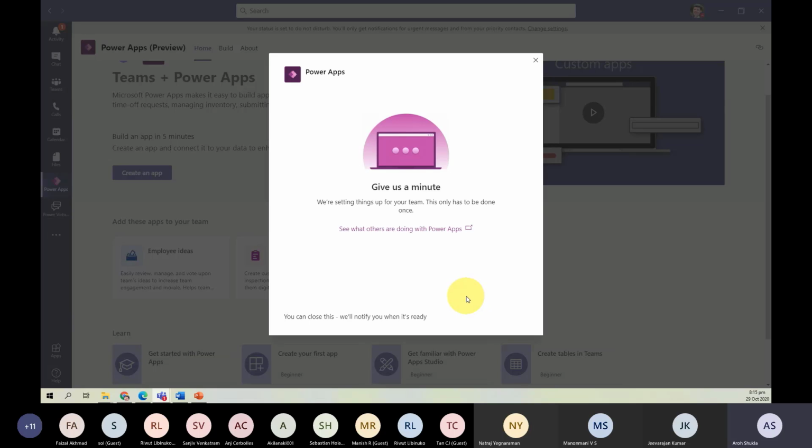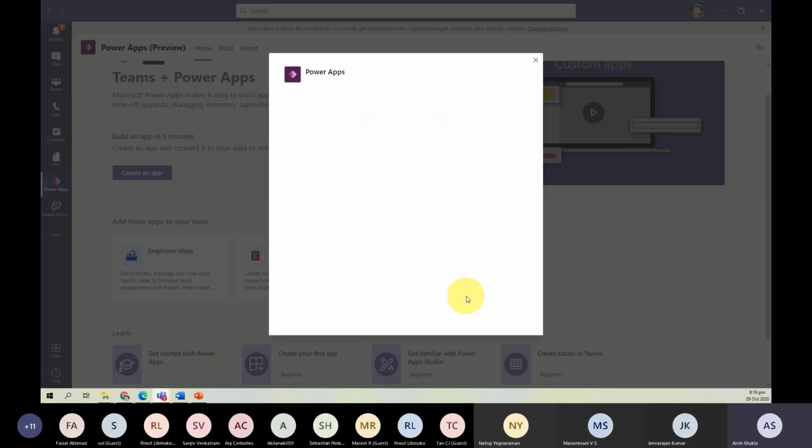Later on, after a few seconds, it will create a backend environment. The name will be obviously demo for BizApp 2018, whatever it is. And then it creates a lot of artifacts. What artifacts? It will create a lot of tables, some kind of lookups. It will create applications like Power Apps, Power Automate, Power Virtual Agents. So all the artifacts will be created in this particular team, which we just created. So it gives visibility. Maybe I'll show you how it works in a later part.